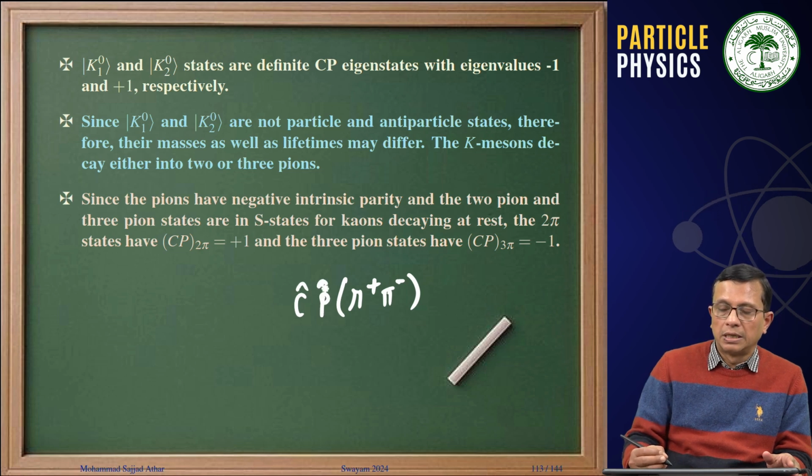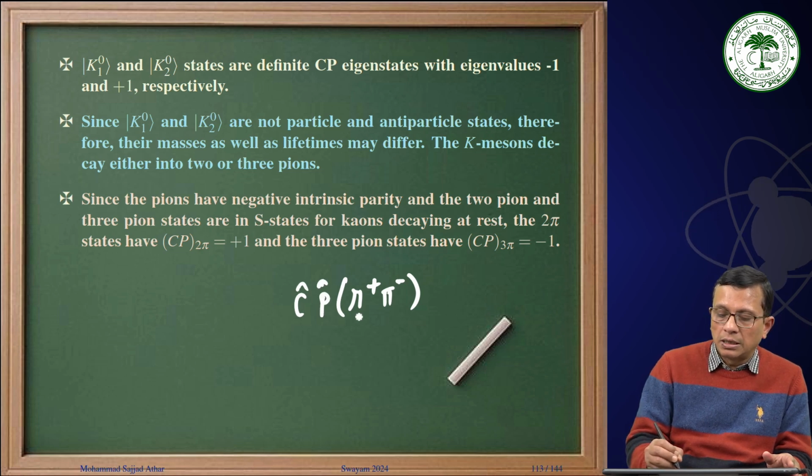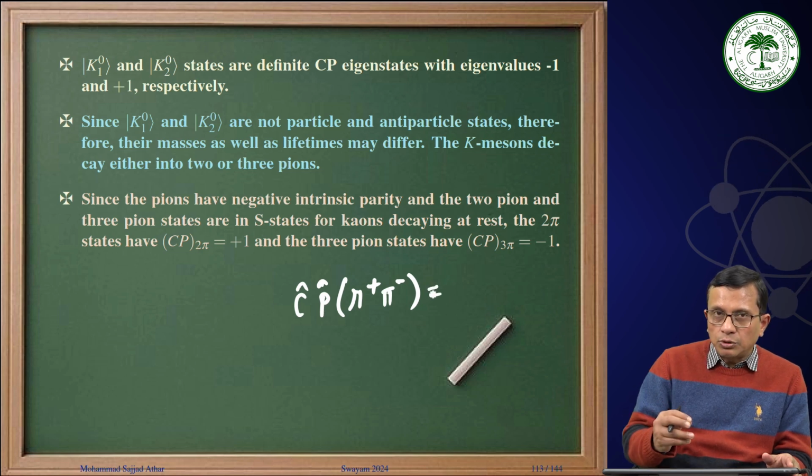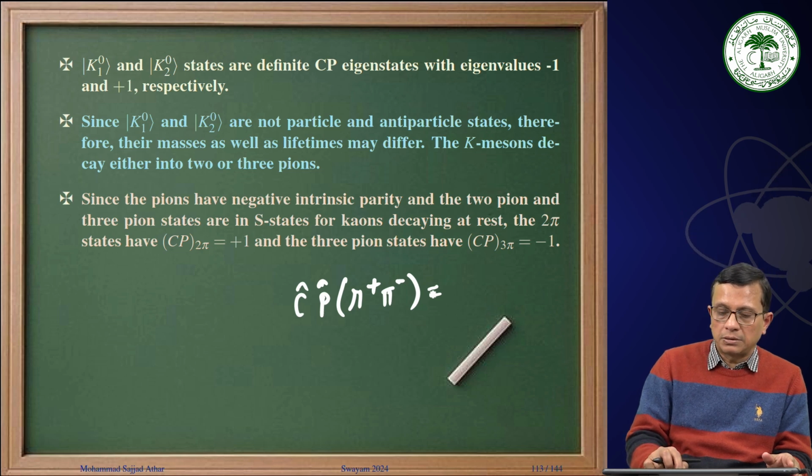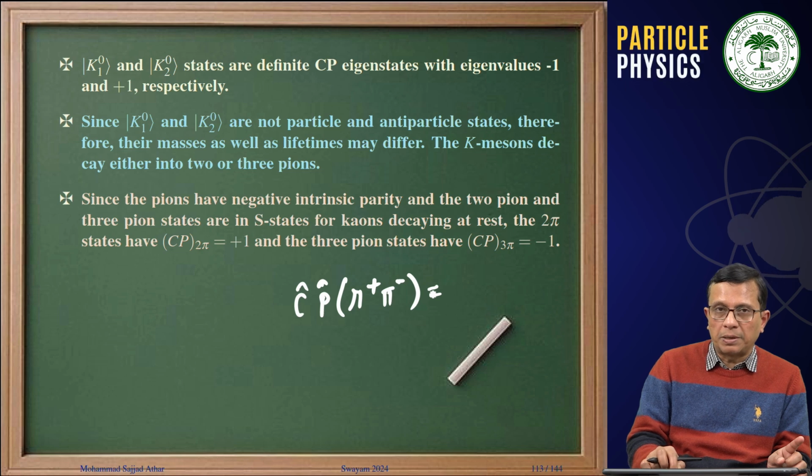Then we know that this can be equivalently written as the charge conjugation operation operating on pi plus. This will give us a minus sign, and pi minus, this will give us pi plus. Therefore, this will become pi minus pi plus,